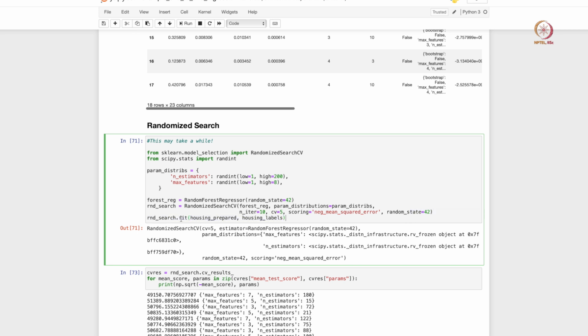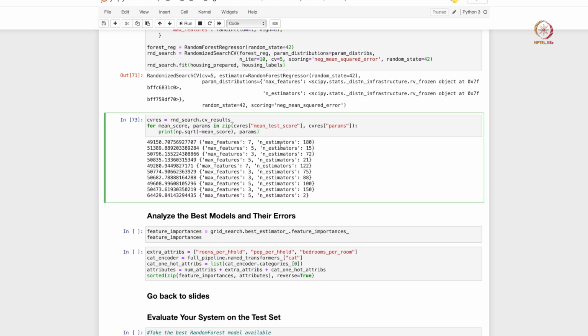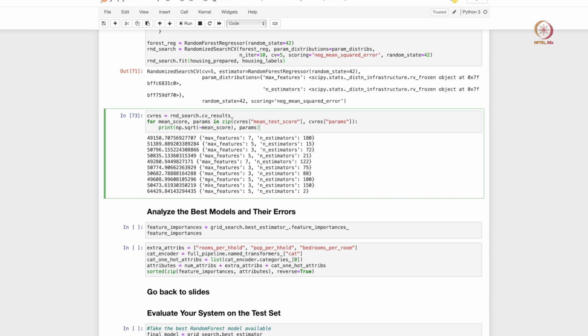And once again you use the fit function to call, and you see that the model has already been built. If you now look at the best, the random search has basically created 10 different models, so that is the number of iterations here, n_iter equals 10. So it creates 10 different combinations of hyperparameters, and for each of those 10 combinations it has created 5-fold cross validation, so 5 different models, right. So it has basically constructed 50 models and then tries to identify which is the optimal set of hyperparameters, right.